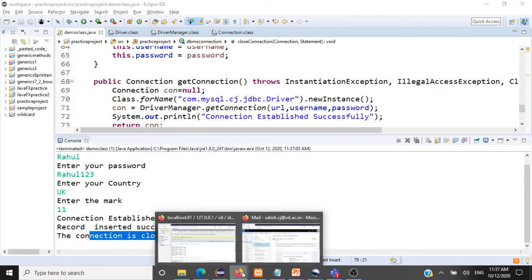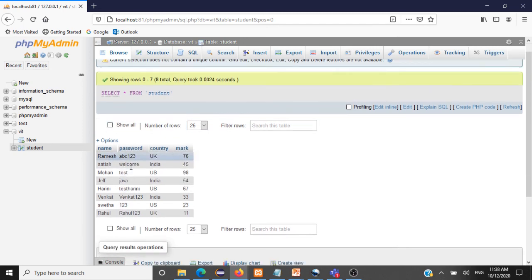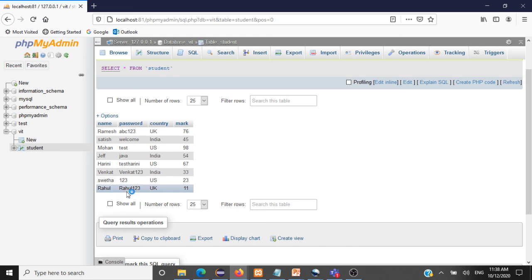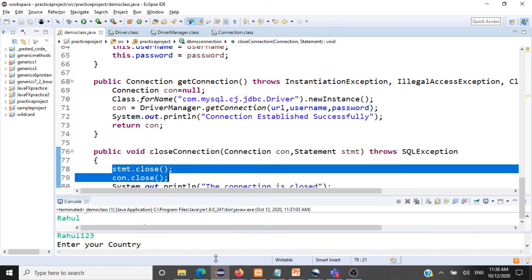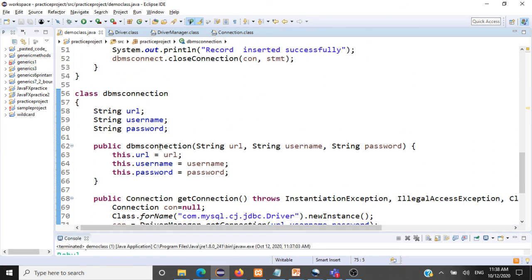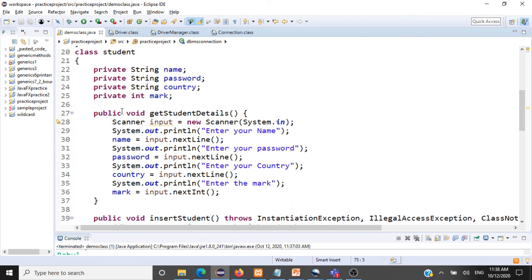We have to check our database for this record Rahul. Let me browse that again. Okay, so now you see the record of Rahul got inserted here. So that's how you can use a reusable design with respect to JDBC operations in Java. I hope you are clear with this.